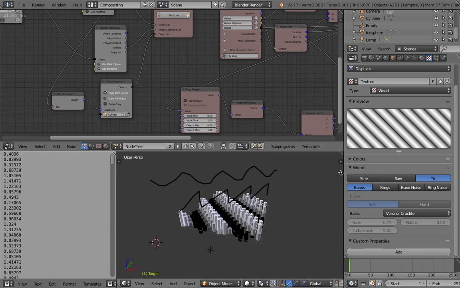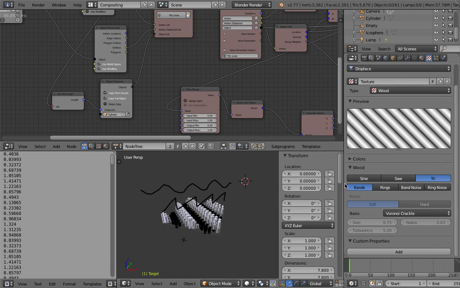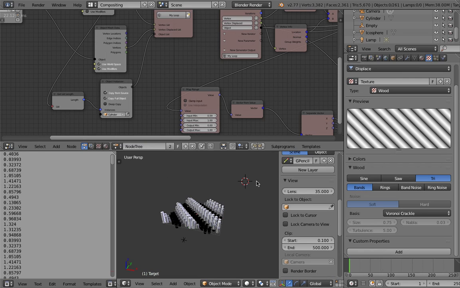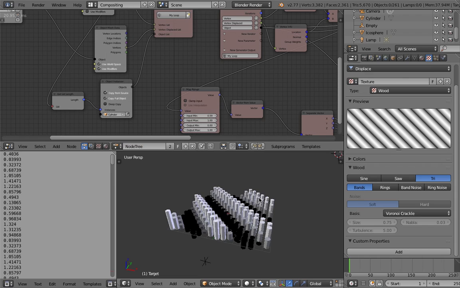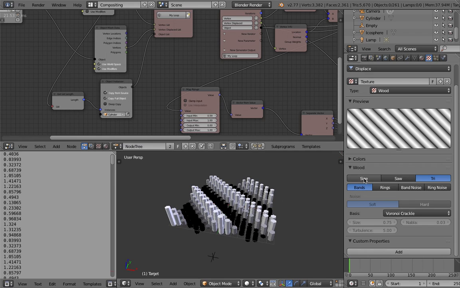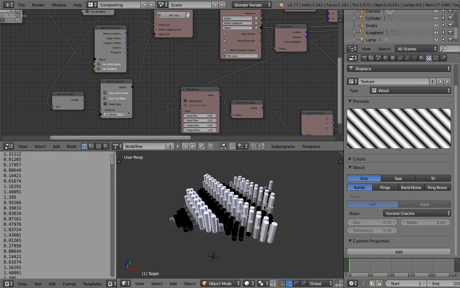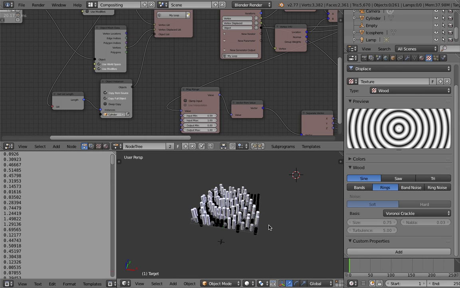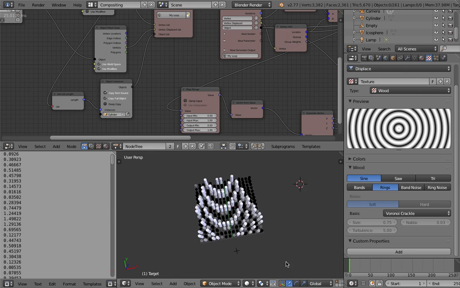So let's get rid of the grease pencil. Delete grease pencil. Back to where we were. Let's try with sine. We can have ring, ring, ring.